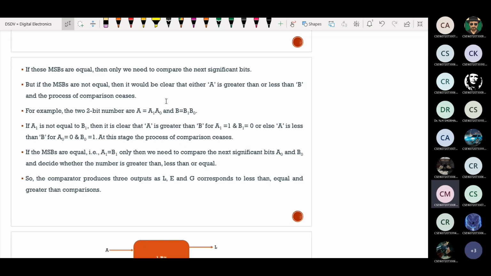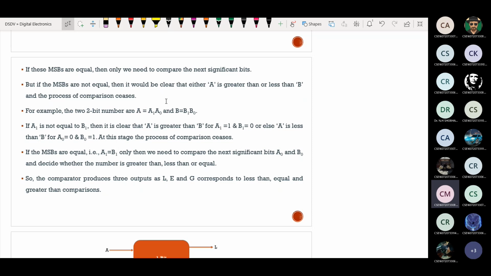For example, take 2-bit numbers A equal to A1 A0 and B equal to B1 B0. If A1 is not equal to B1, then it is clear that A is greater than B when A1 equals 1 and B1 equals 0, or else A is less than B when A1 equals 0 and B1 equals 1.